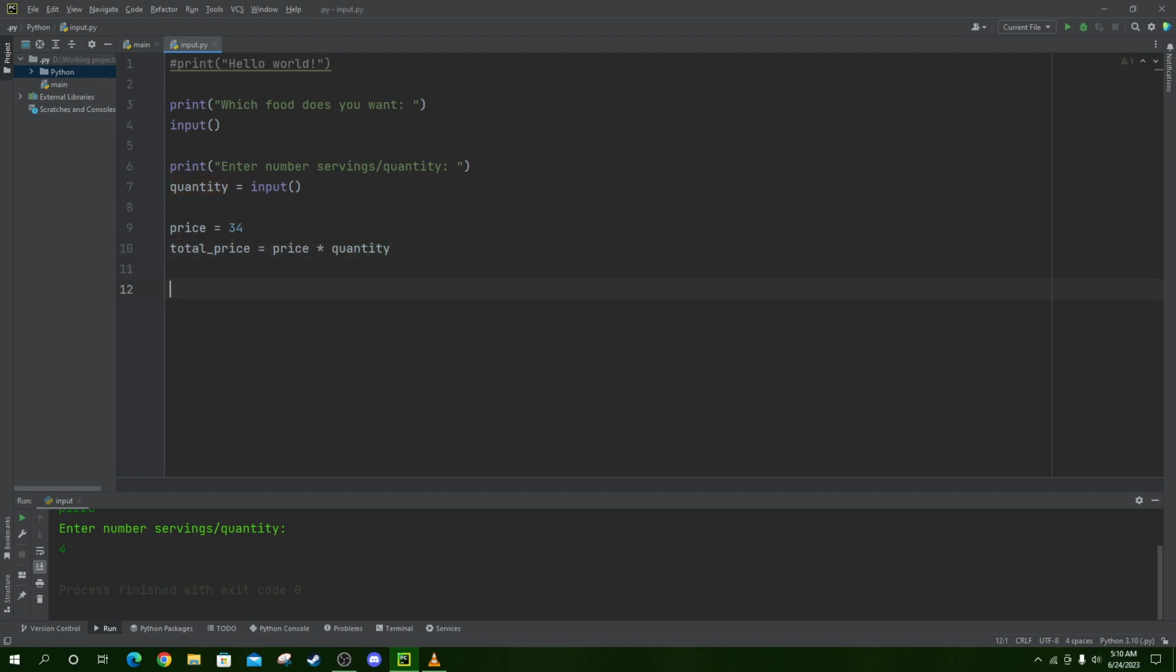Let's output this price as print, let's say total price plus total price. Program should work or should not work. Let's see. I want pizza. I want 4 servings. The total price. What is the problem? The problem is